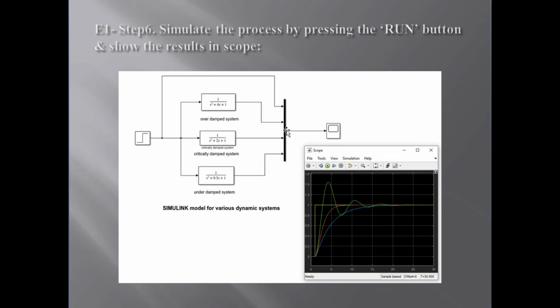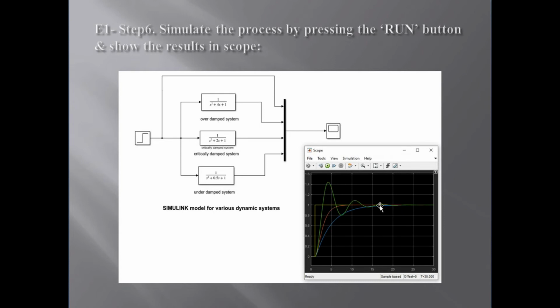So here this is the system. You just need to run the program. The Run button is there, and then double click the scope. This graph will appear, in which the outputs or the responses of all the 3 systems, along with the input signal, will be plotted. So from this graph we can analyze